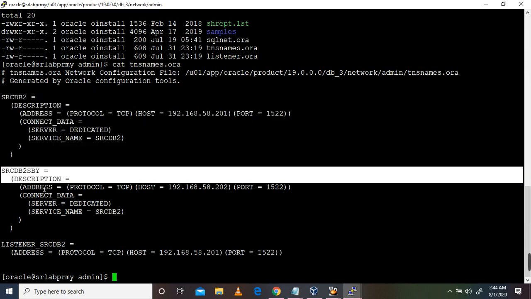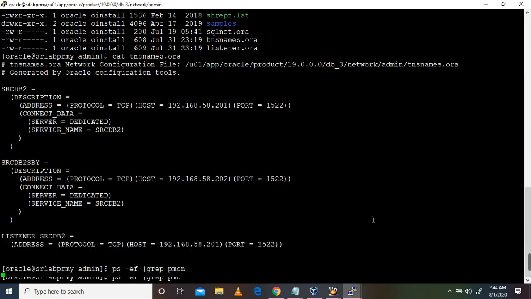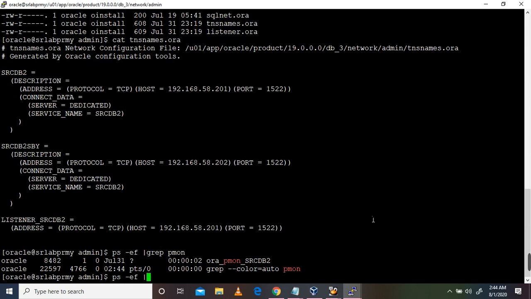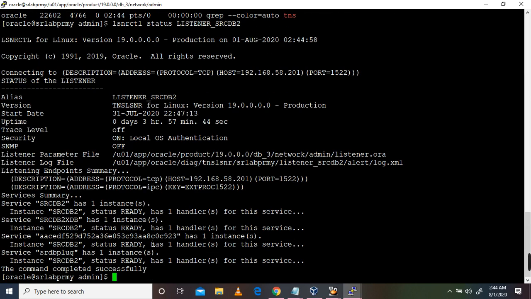This is the TNS entry for the standby database. This is a source listener entry. So you can see here, the listener is running on the source DB. The services also, it's establishing.